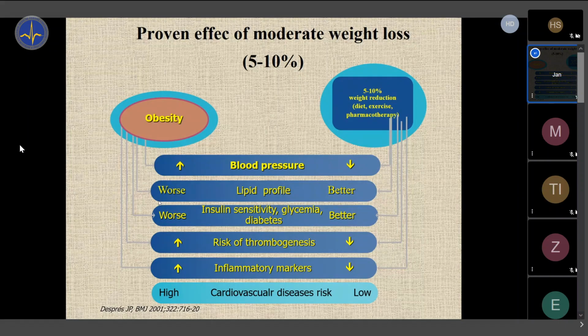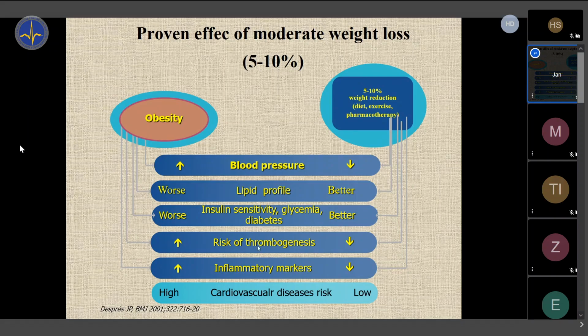And this is why it's in the recommendations, because it helps, it has proven benefits, and it's achievable. Patients can achieve 5 to 10% weight reduction by the means which we will discuss in a second. So it's achievable. So perhaps the patient will be motivated, right? If the patient sees that it's working, now she or he lost 5 kilograms, and my physician is happy with that. And not only physician, but the human body is happy as well. The blood pressure will decrease, blood lipid profile will be improved, insulin sensitivity and glucose control, glucose levels will be much improved